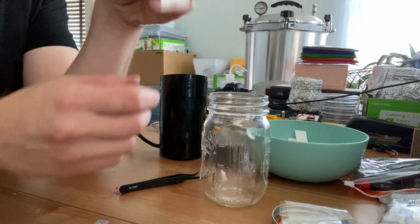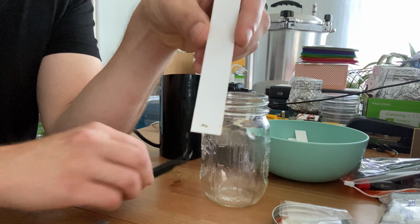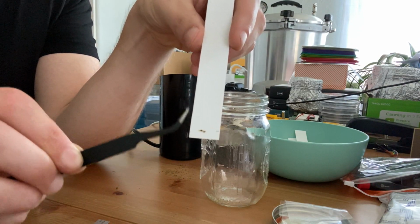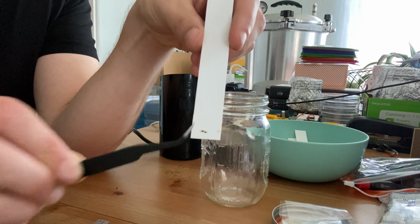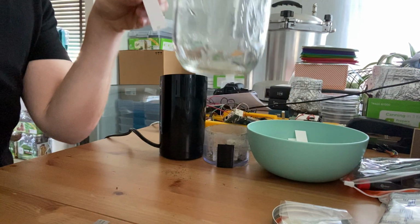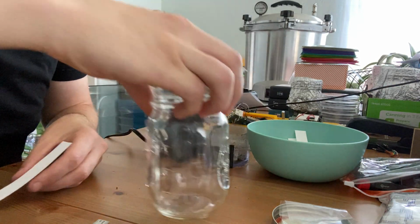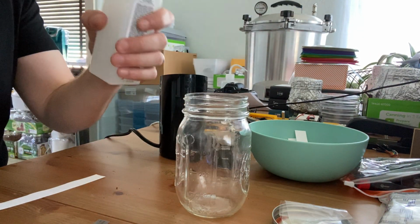Now let me show you the paper. So you see that I've taken some of that leaf, that ash tree leaf extract, and I just took my tweezers and smooshed it in here. Okay, now we're ready to take our developing jar, and we are just going to put just a little bit